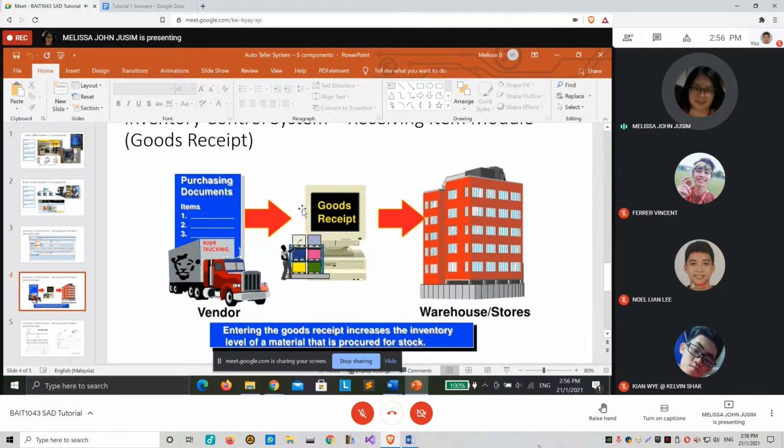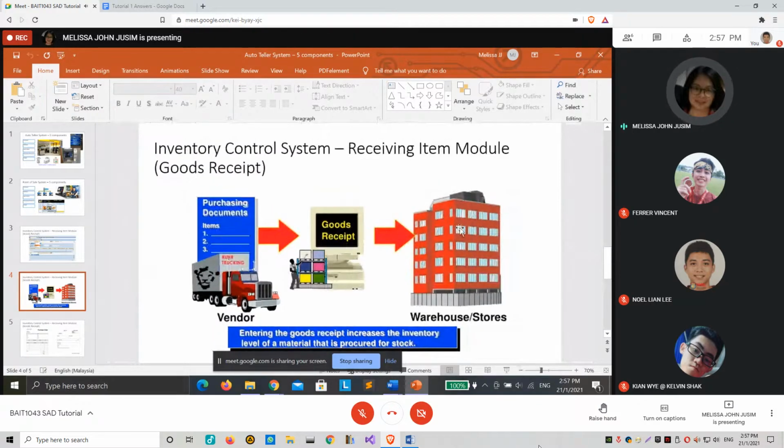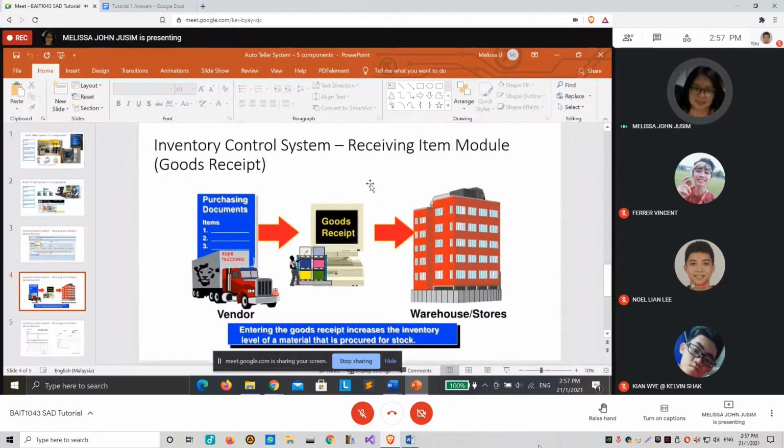They have their own inventory control system, and in their receiving module, the goods received, they need to enter into the system that they received 1 to 3 items. To confirm that, in the manufacturer's warehouse, they must physically have the 3 things that have been purchased. So that's why we need these receiving item modules.